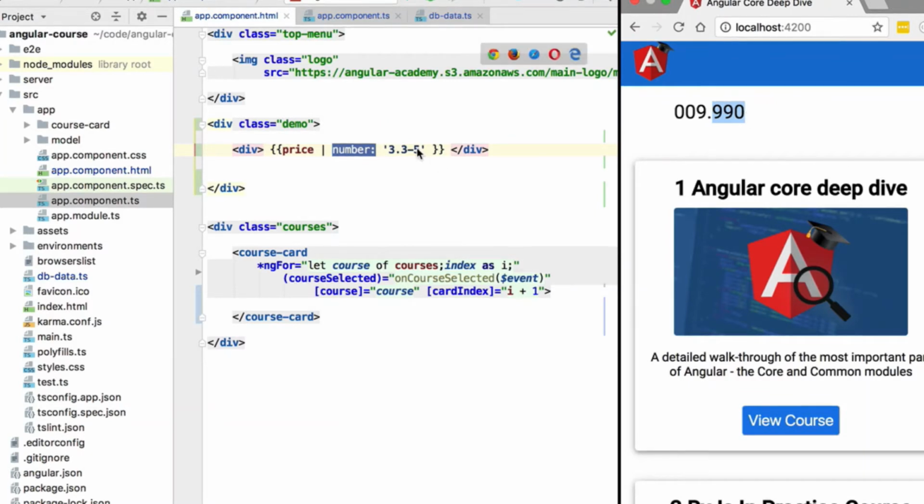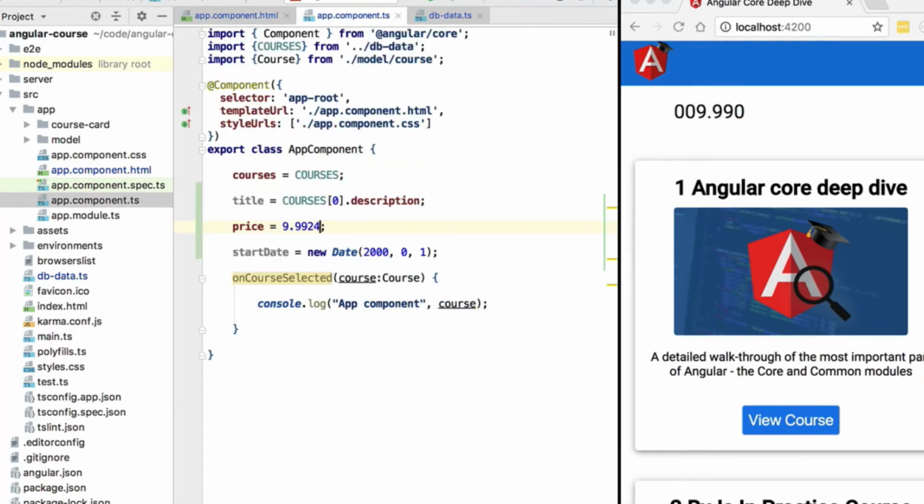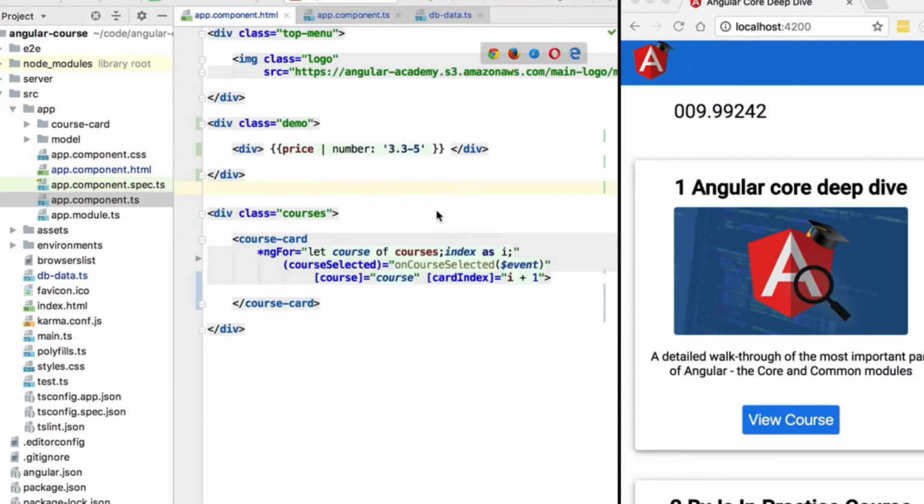5 would be the number of maximum digits in case that we would provide here more digits. With this formatting, if our price has a bit more than 5 digits, then what is going to happen is that our fraction part is going to get rounded to a maximum of 5 fraction digits. This pipe is ideal for formatting any numeric amount in general,